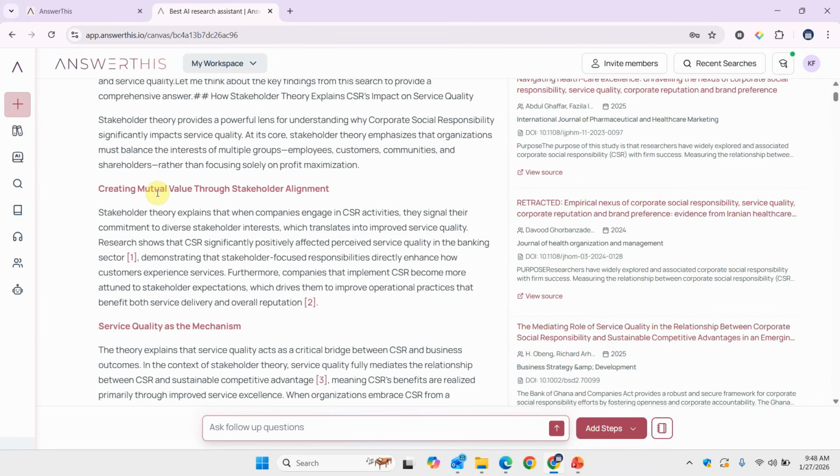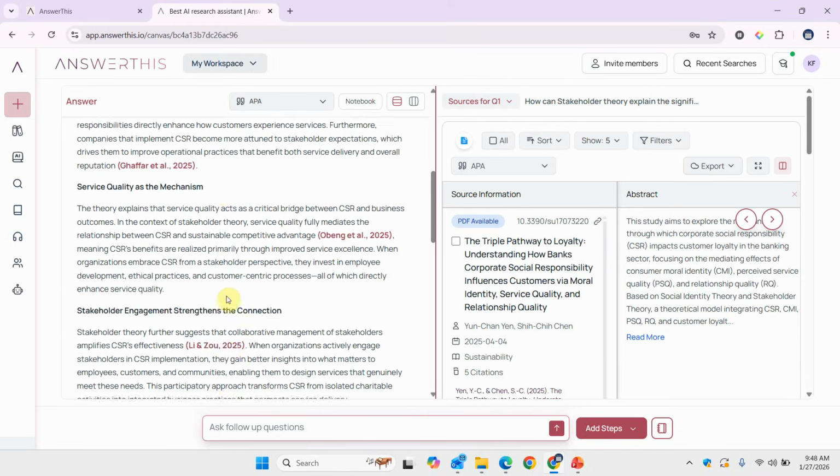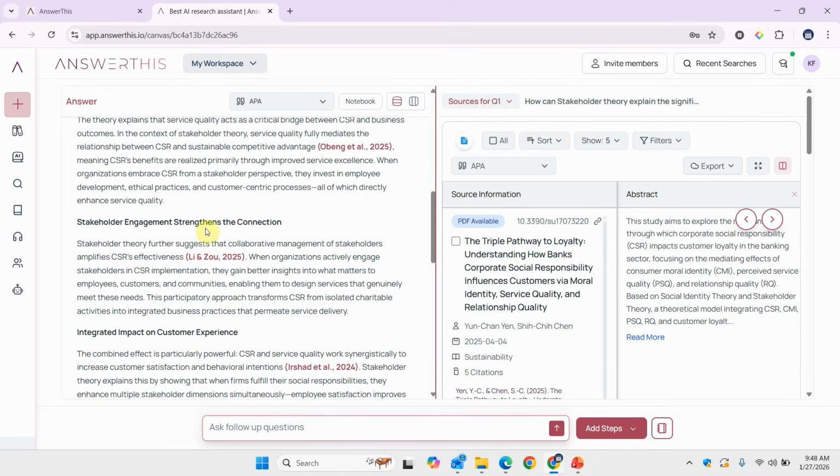What it does is it creates a mutual value through stakeholder alignment. Service quality can be explained as a mechanism of stakeholder engagement. Read through this text. Once you read through this text, this will help you further understand the role of stakeholder theory in explaining the impact of corporate social responsibility on service quality. Furthermore,